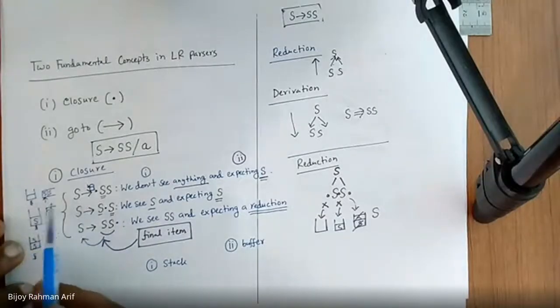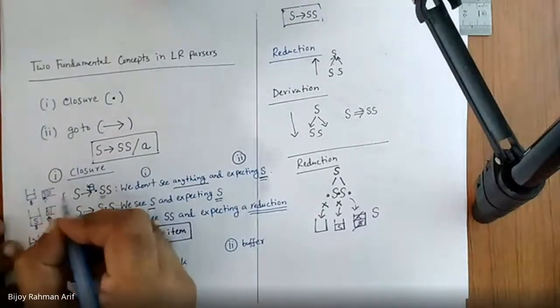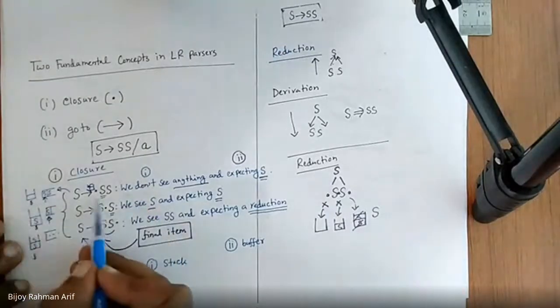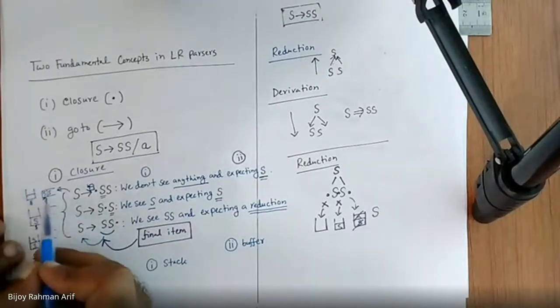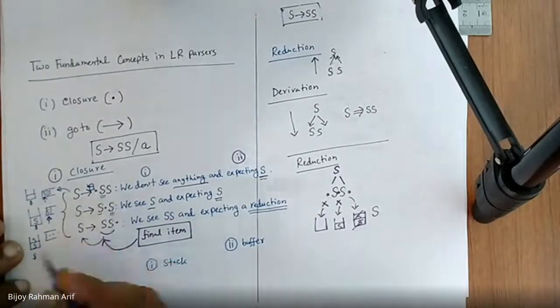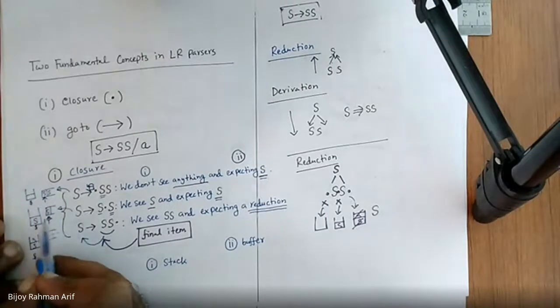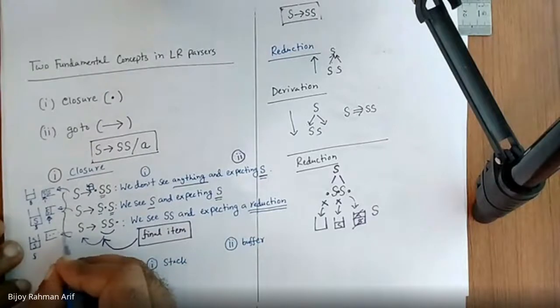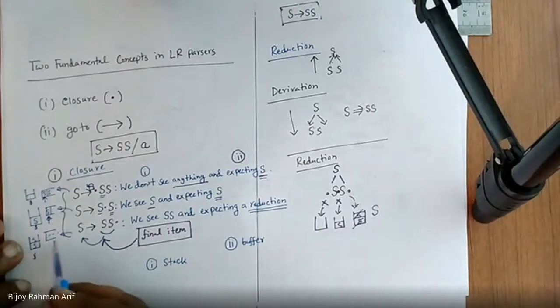If you consider the stack, because all bottom-up parsers use a stack, then in this process, the first one, what is just before the closure operator is denoted by the stack. Right now the stack is empty and the buffer has two capital S's. Now if you go to the second one, the stack contains a capital S and in the buffer there is a capital S. Now if you consider the third case, in the stack there is a capital S and below it there is another S, and the buffer is empty, or we are expecting something else which does not involve this production. Is it clear to you guys?